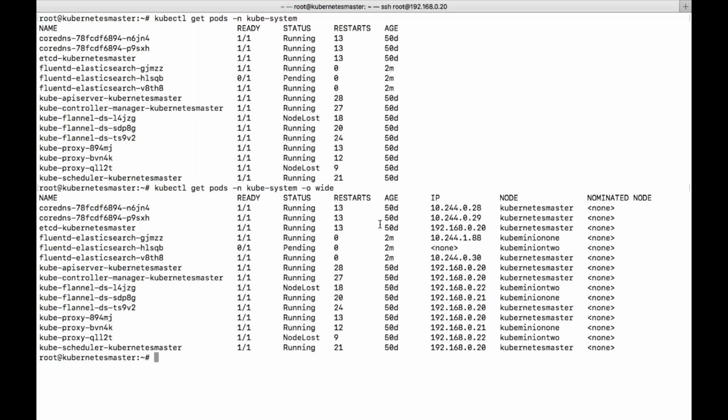As of now, remember that daemon set will ensure that a particular pod is running on all the nodes which are integrated to the Kubernetes cluster. When a new node comes into the Kubernetes cluster, this daemon set will automatically try to launch a new pod on that new node. So that is the advantage we have with the daemon set.